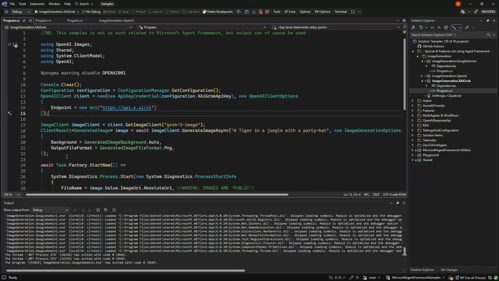The only one I found that worked was background and output file format. Can control the size, and the quality. But else, it's just take the Grok API key with the endpoint against the OpenAI client, and then use their model name, in this case Grok 2 image.